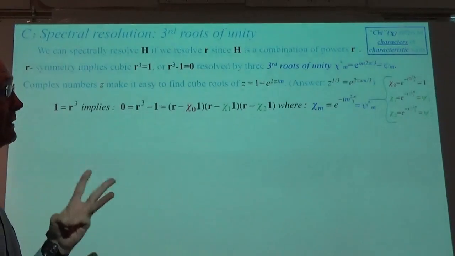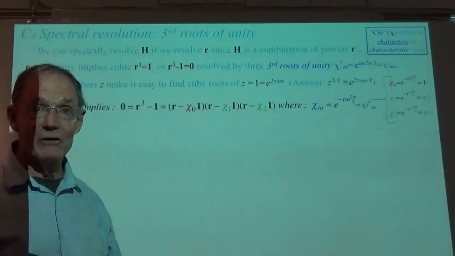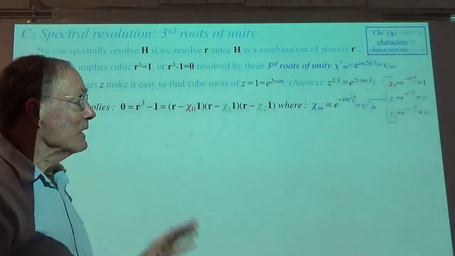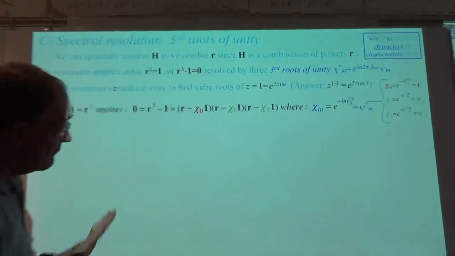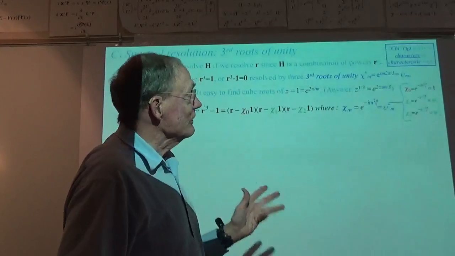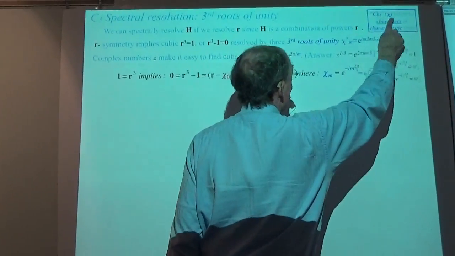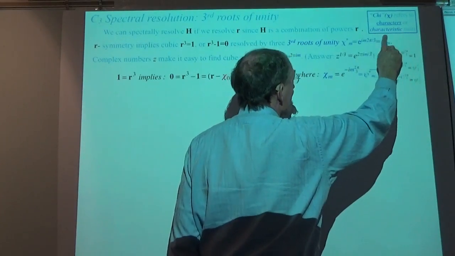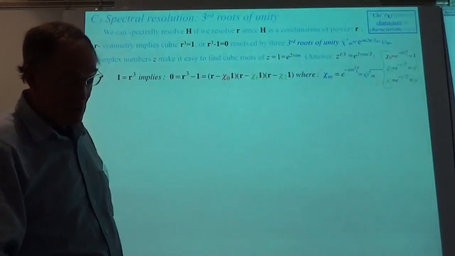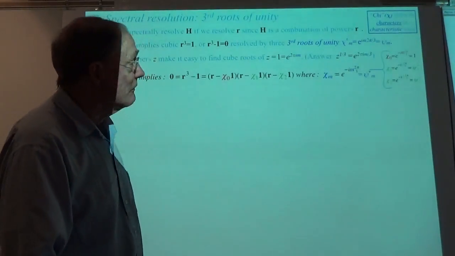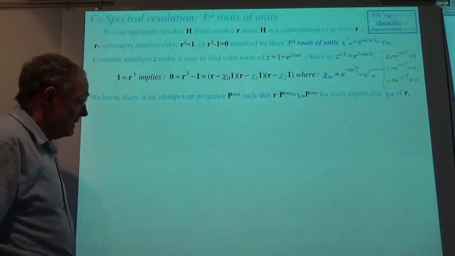Okay, so those are the 3 numbers that are going to appear in a character table for this group. But we're getting ahead of ourselves. I want to make sure that we see the operator manifestation and resolution of that character table. These numbers here, the chi's, refer to characters or characteristic roots of the symmetry. And there they are. That's all this stuff is playing with those numbers and the matrices that they will eventually